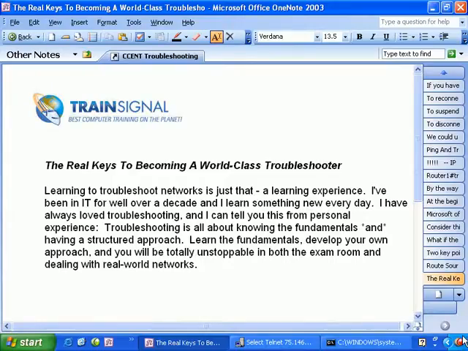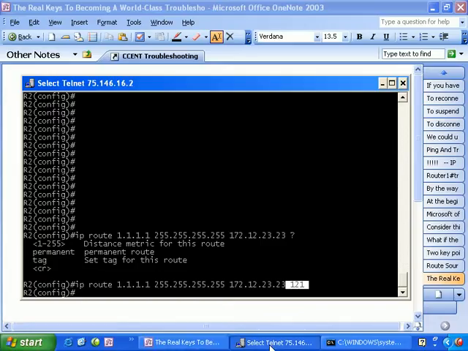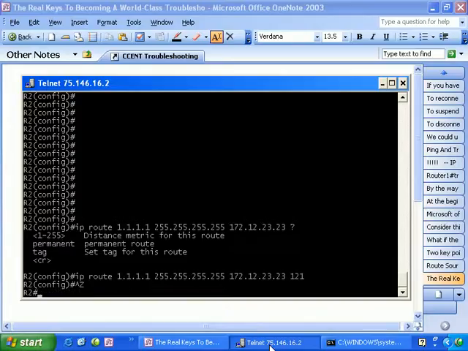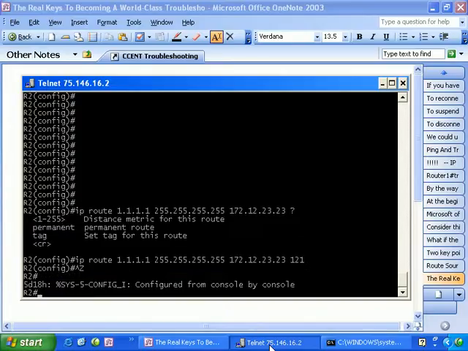And I mean that. You can absolutely write your own ticket down the road when you are a world-class troubleshooter. One more thing I want to show you as we wrap up here with IOS Help, and it's just one more tip that'll help you on exam day and in real-world networks. You know that I've continually told you to use IOS Help even when you don't need it, because you can see other options and it does help you learn, and you can see I used it there to see what the